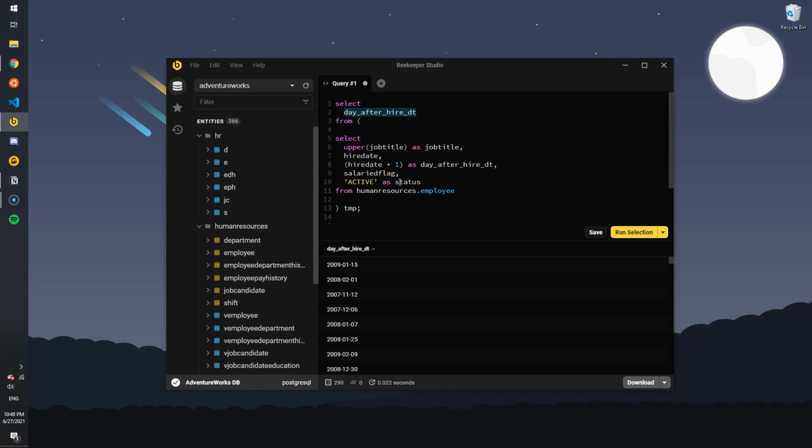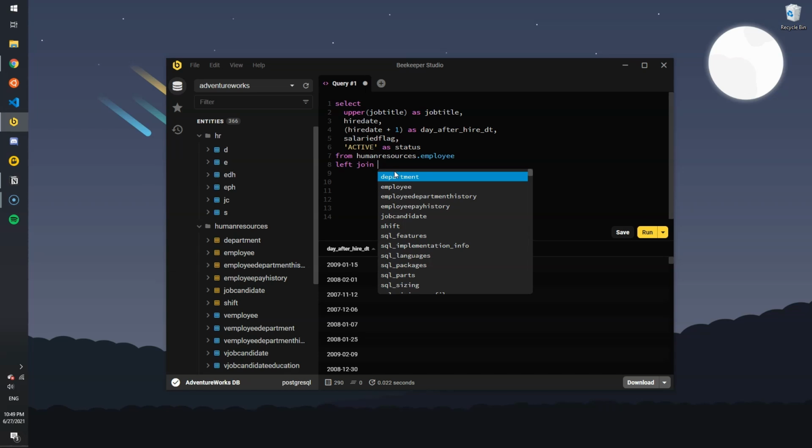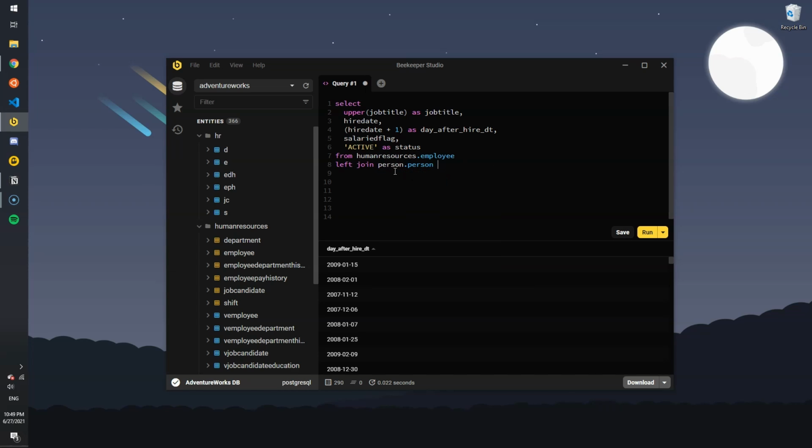Besides subqueries, we can also include table links or joins in our from statement. So for example, let's get rid of this. We can come in here and say left join. There's missing information in the employee table. If you look into the employee table, there's no first or last name for an employee. So maybe you have somebody asking who covers what job titles, right? That information is found in the person schema and the person table